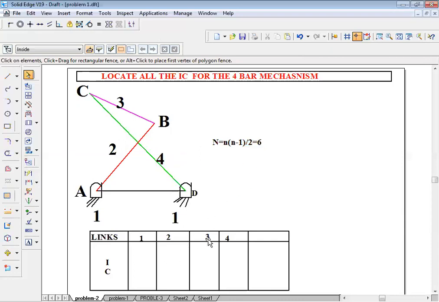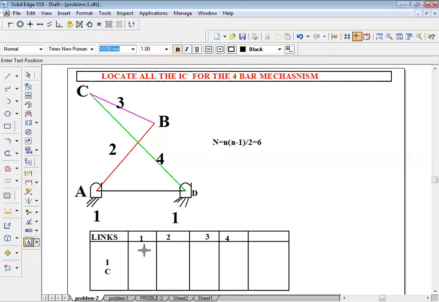So we need to write the combinations of the links in a table. First, I mark the link numbers 1, 2, 3, 4. The number of columns depends upon the number of links, so only 4 columns will come, and in the second row we write the combinations. For link 1: 1 2, 1 3, and 1 4.